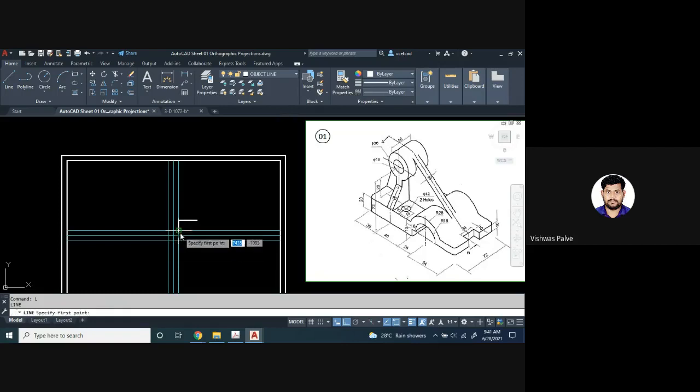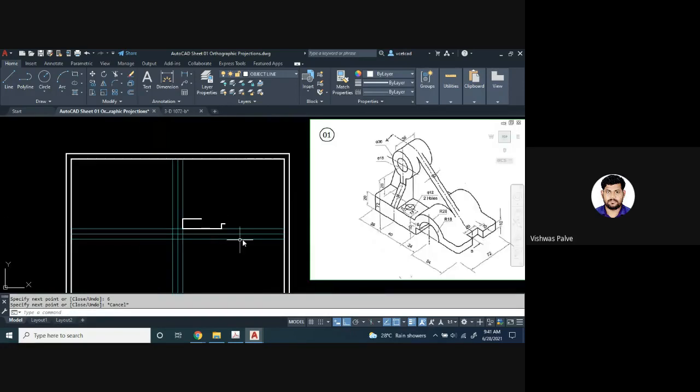So L enter, line, horizontal distance 36, enter, plus horizontal distance 40. There we have a 10 millimeter vertical line, then 6 millimeter.